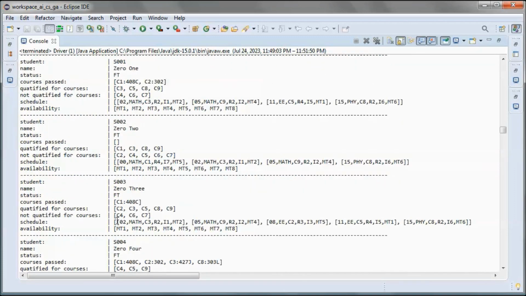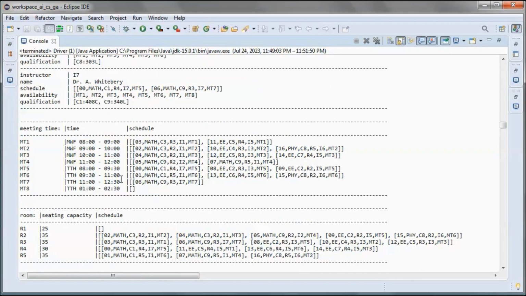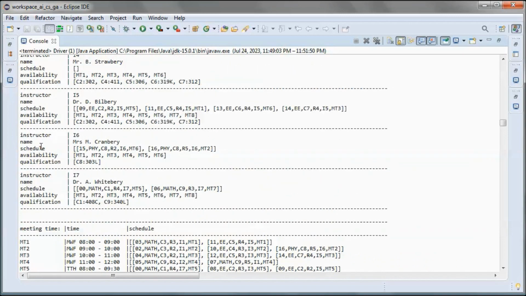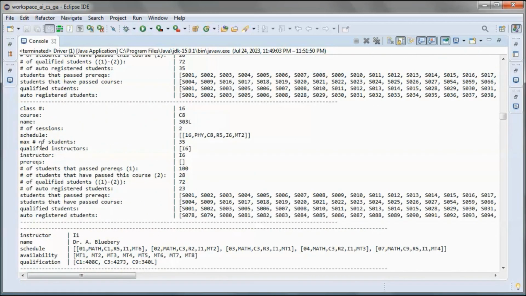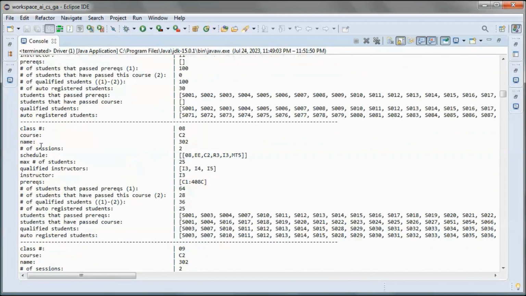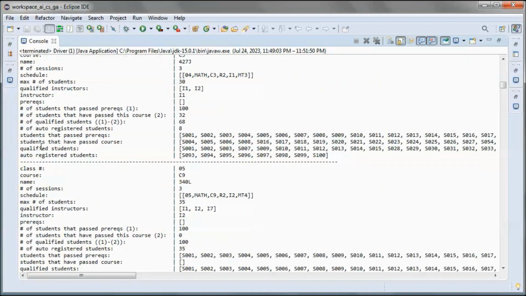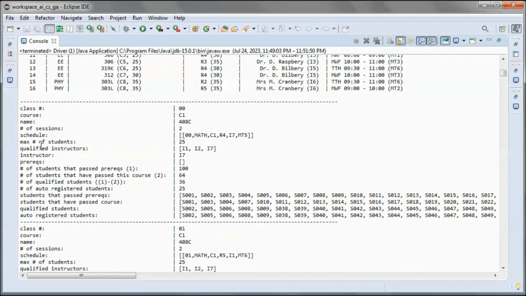So this one was scheduled for those 5 classes, and those are the rooms and the meeting times and the instructors, and here the courses or the classes. So we have 17 classes.